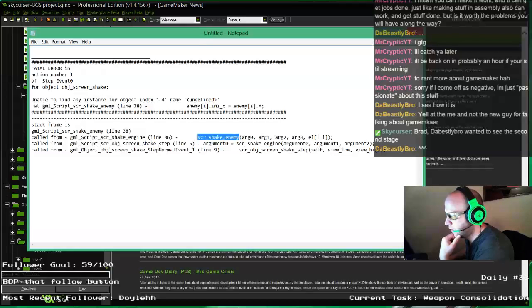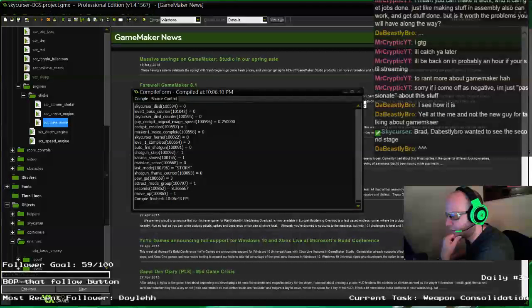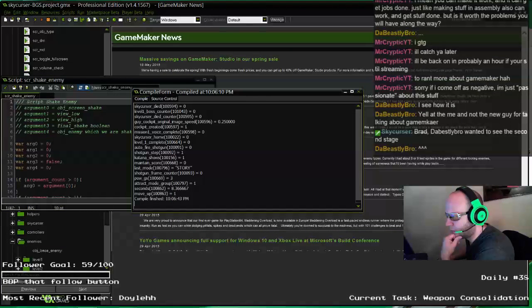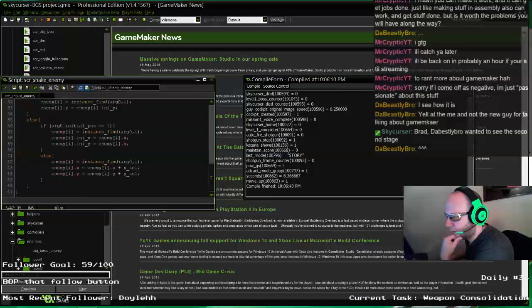Going through shake engine, going through here. Had a problem at line 38 of shake enemy. Okay, line 38 is right here. It couldn't find